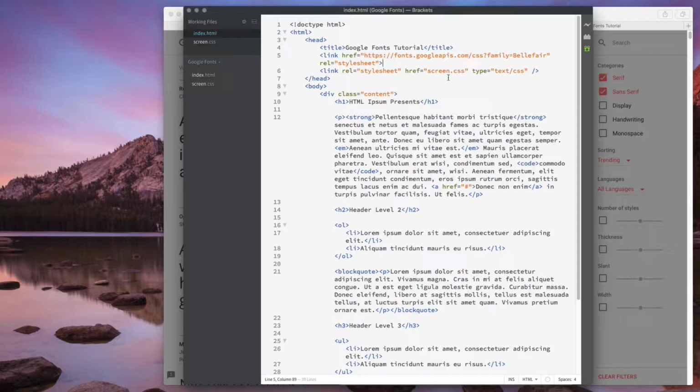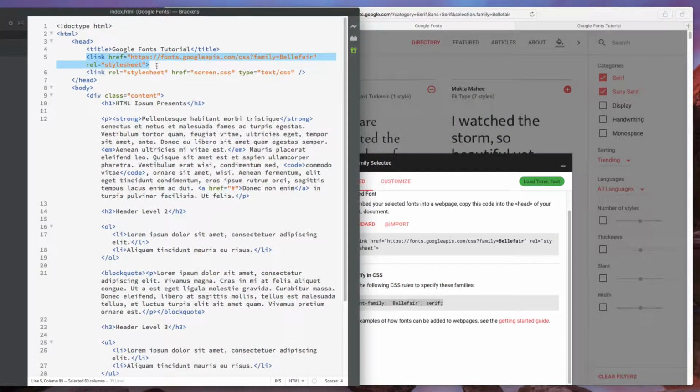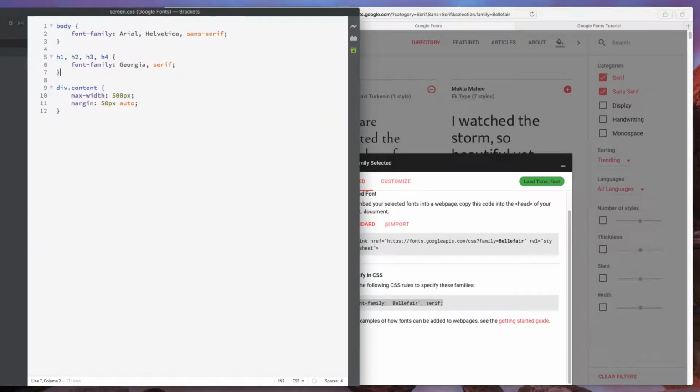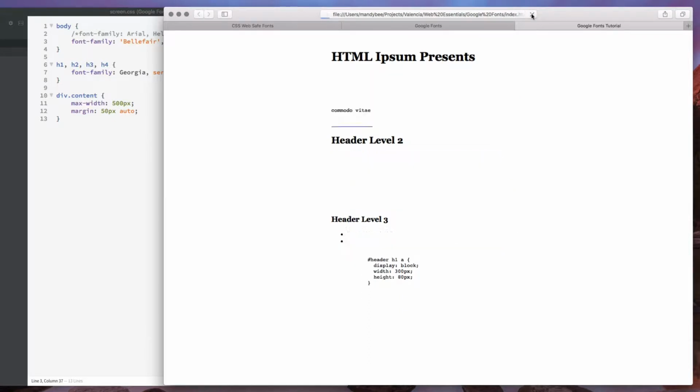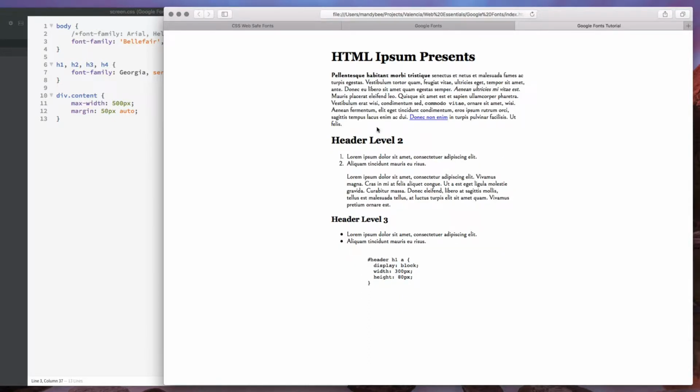Alright, so we've put our style sheet link up here. Now I'm going to go into my CSS, and instead of this font family, I'm going to change it to what Google has in their specify in CSS section. Alright, so I'm going to save that and refresh, and we can now see that I have this Belfair font. It's kind of ugly